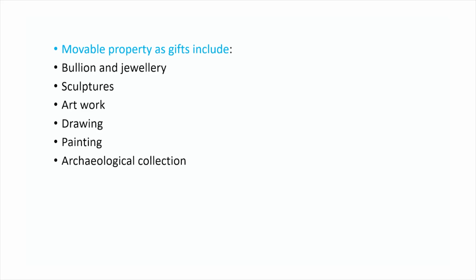That is also considered as bullion. And then we have jewelry, which is ornamental jewelry that we're referring to over here. So when we talk about movable property as gifts and we are saying that all of these are to be included as gifts, we saw that technically when you see all of these articles that have been listed over here, we see them as nothing but capital assets,